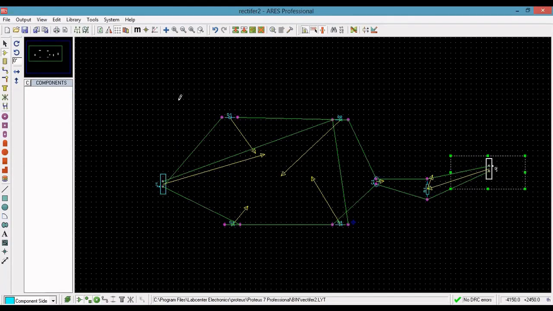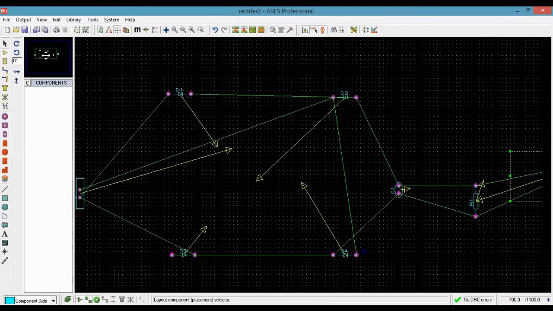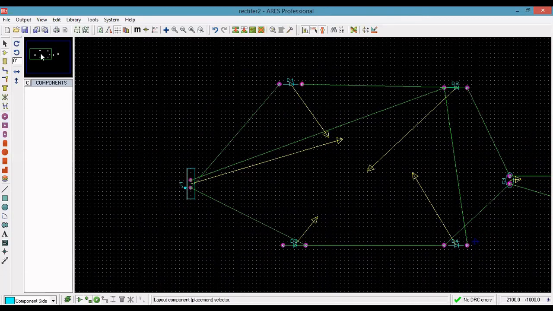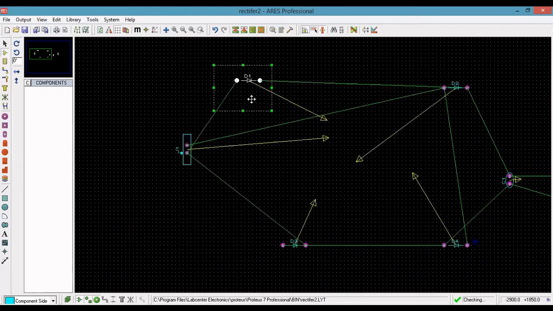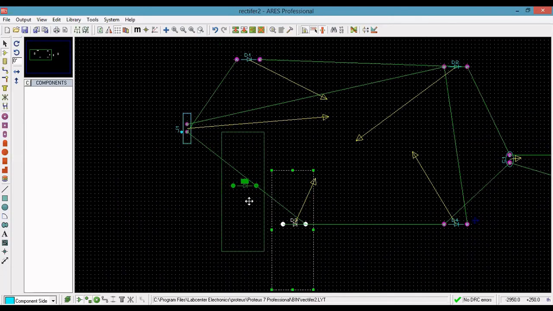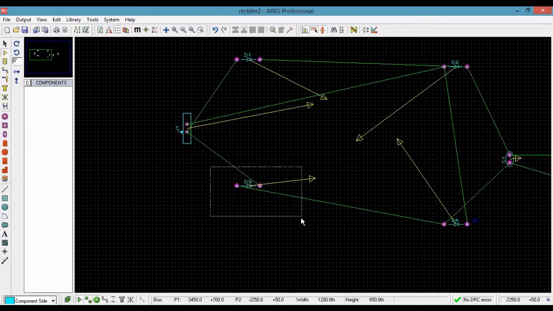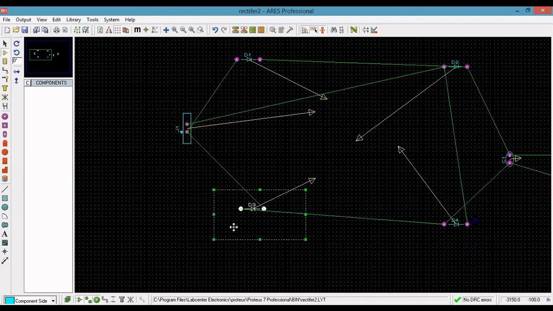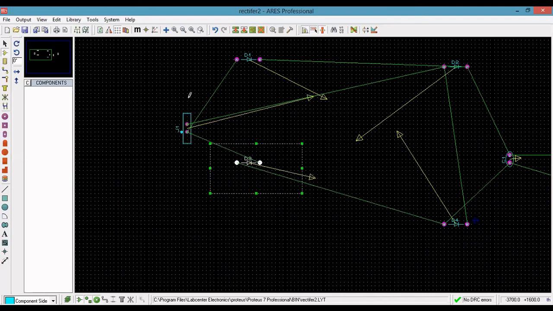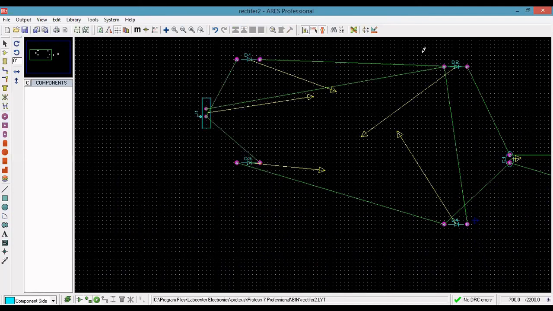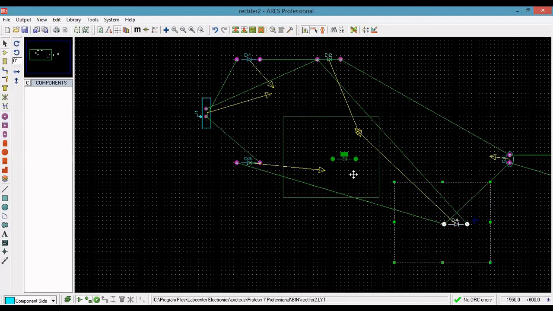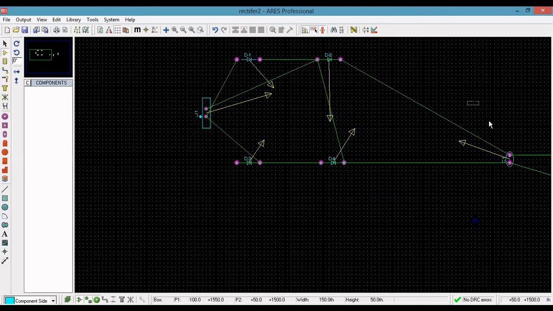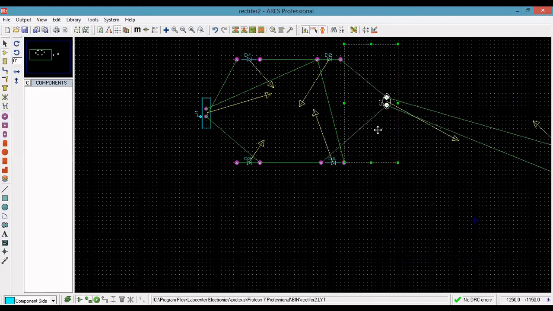So now we arrange all the components. Rearrange all of this according to the arrangement, and we'll get the PCB output.